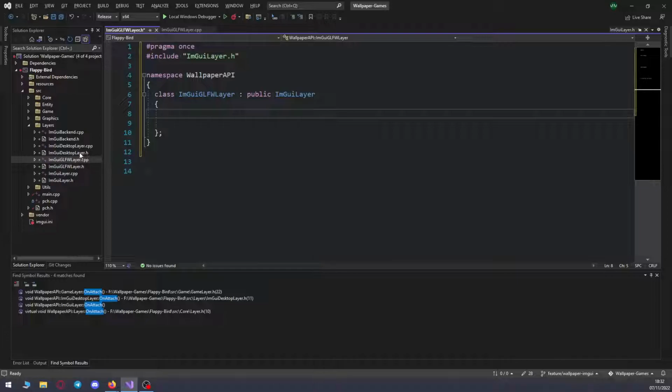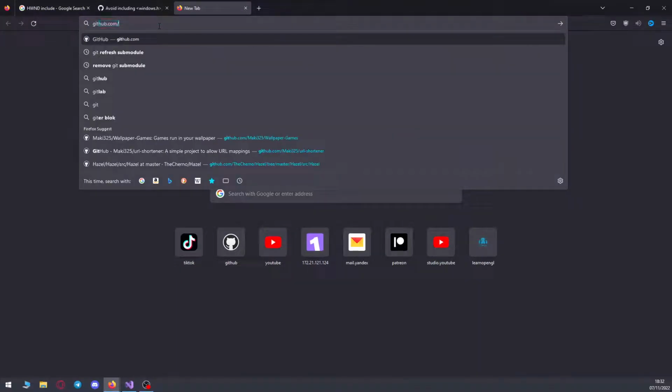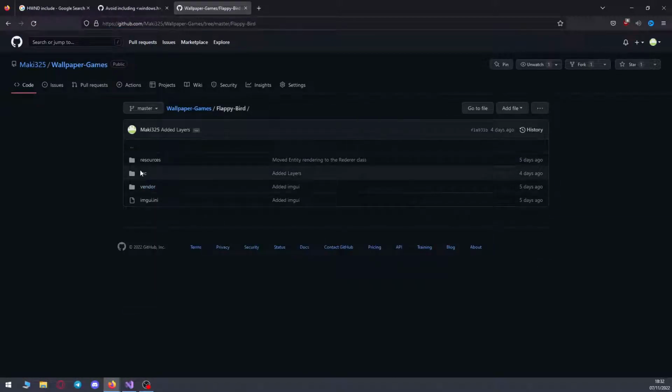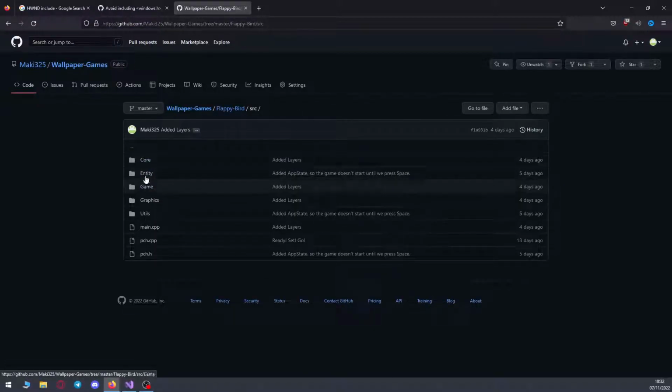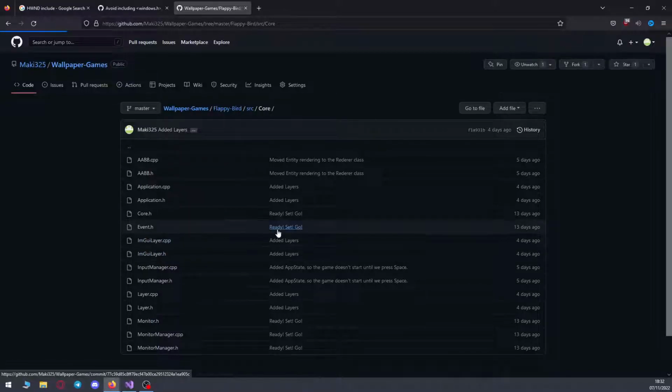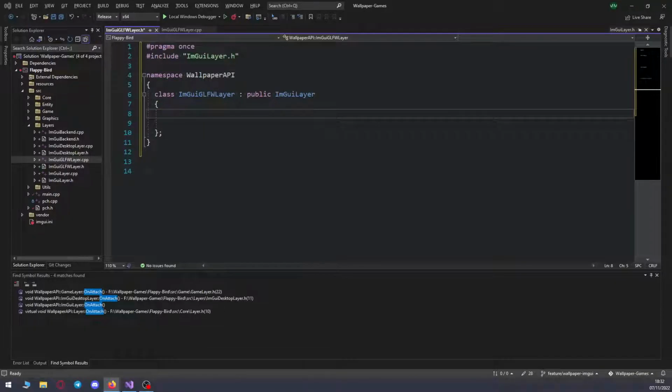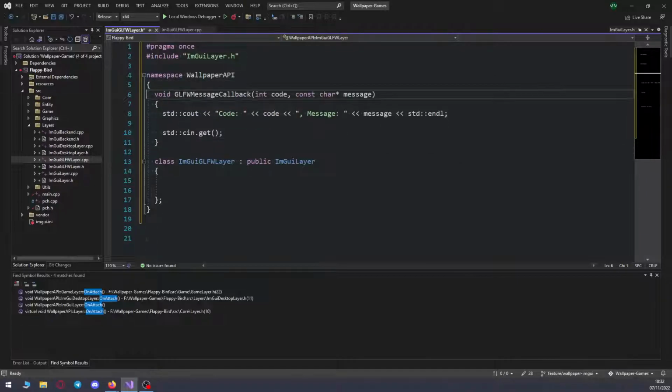So what do we need? If we go to our GitHub, console Flappy Games, this should be the Angular layer we all know and love. I think. I hope. Let's see. So I'm just gonna copy pasting a lot here. This we need in quotations. We don't need anything, but let's also open the